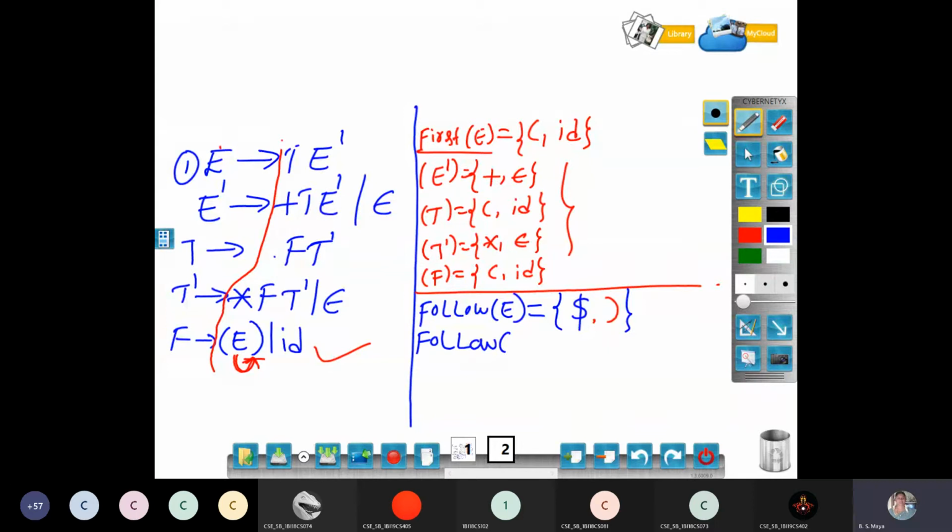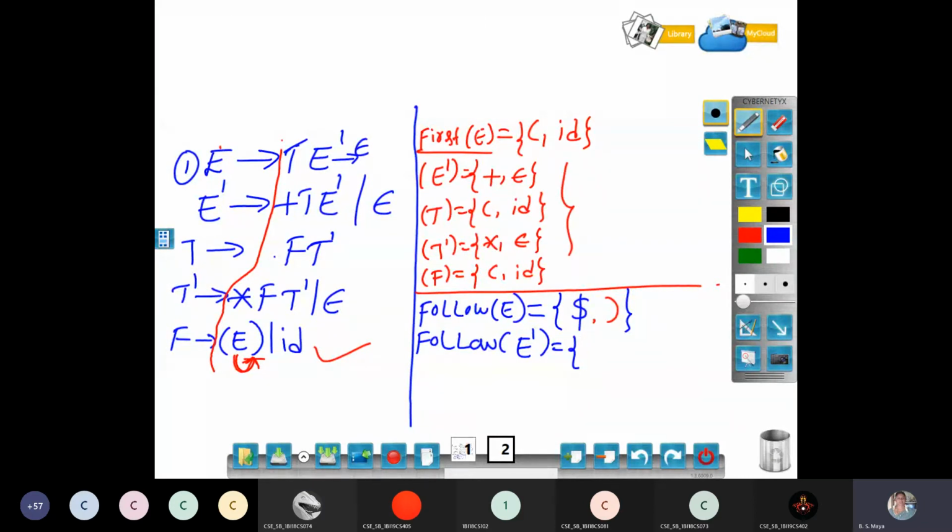Follow set of, what is the second one? E dash. Okay? Yes, ma'am. Likhita, find where E dash is. Search first for E dash. E produces T E dash. First line, here is E dash. See, what is there in front of E dash? Nothing, epsilon. That is not your epsilon. If epsilon is there, I cannot write anything.